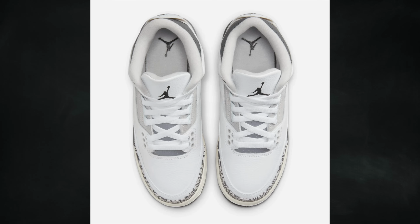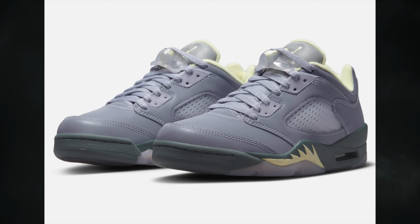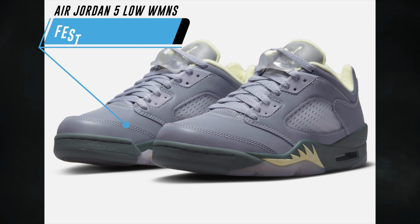Again, I don't have confirmation of this, but if you're interested in buying, June 6th is the release date, and the retail price for grade school sizing is $150, preschool will cost you $85, and toddler sizing will cost you $65. Next up, we have the Air Jordan 5 Low Festival Lights